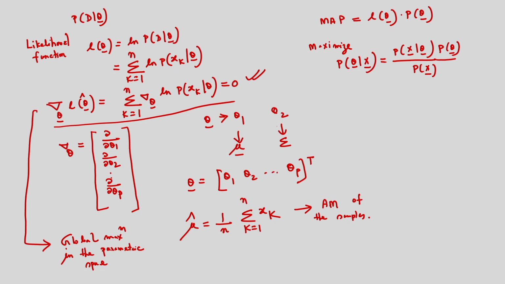So for a flat prior, if I consider the prior is flat, the maximum likelihood estimation will be the same as the maximum a posteriori estimation. So for the flat prior, the maximum likelihood estimation is equal to the MAP estimation. This is the basic concept of maximum likelihood estimation. I am not explaining how to determine the parameters, but based on this equation, I can determine all the parameters. This is the fundamental concept of the maximum likelihood estimation.